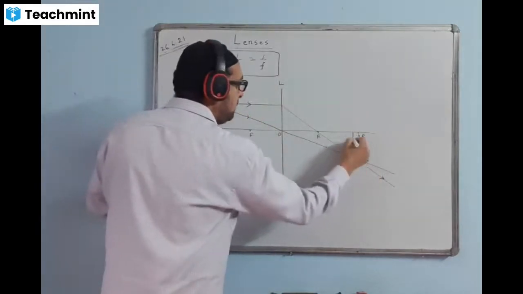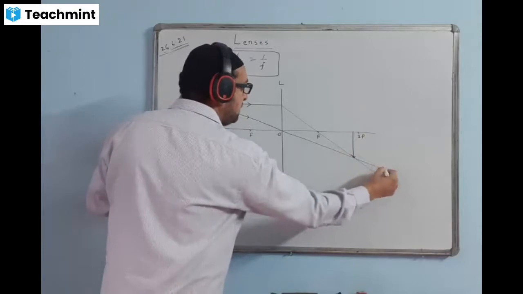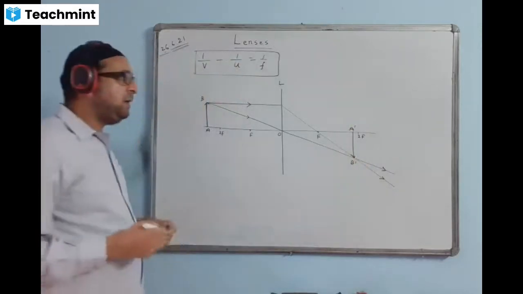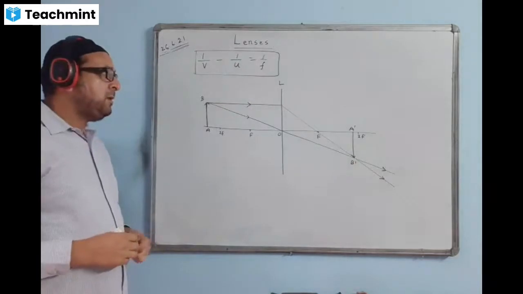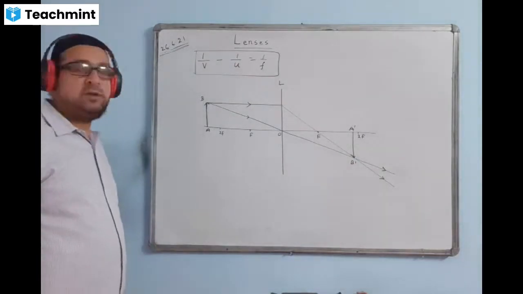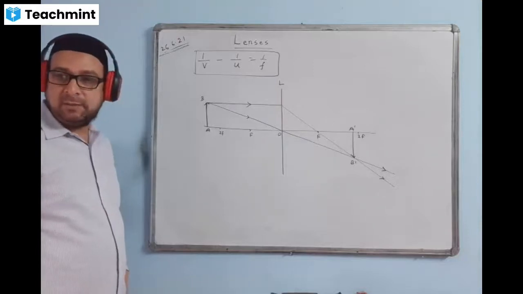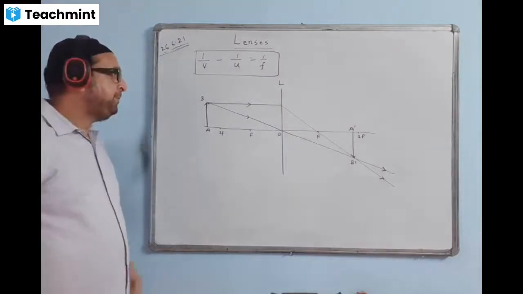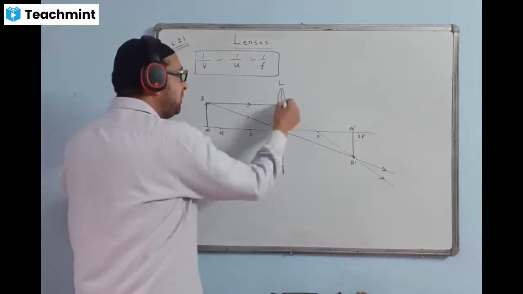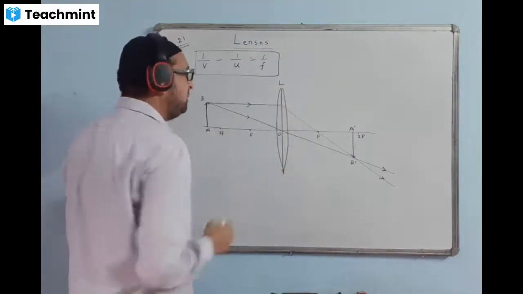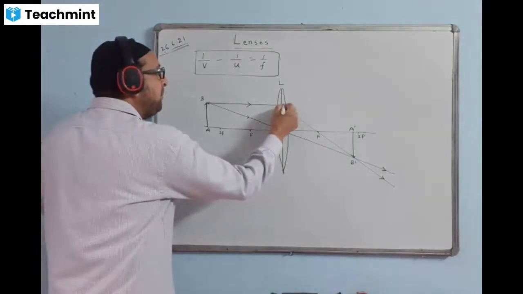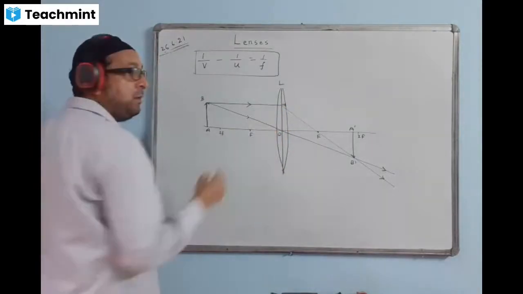Here is the image formed. Image is A dash B dash. I am making a real image. So at least one image we will show, and we will assume the lens to be a convex lens. That will be easier and better. You can change this into a convex lens like this. And I'll give the name of this point as M. OM.